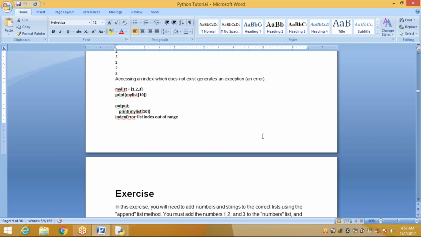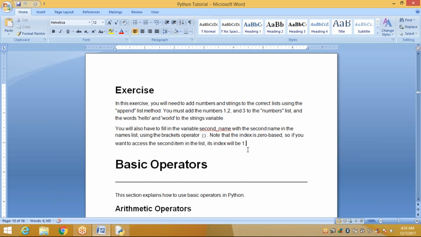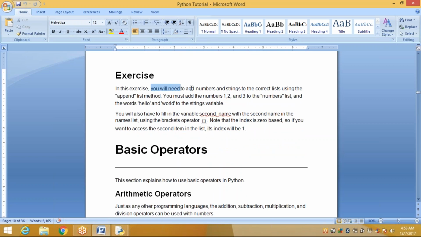Okay, next, you can practice this. I can give you an exercise today. You need to add numbers and strings to the correct list using the append list method. You must add the numbers 1, 2, and 3 to the numbers list, and the words hello and world to the strings variable.